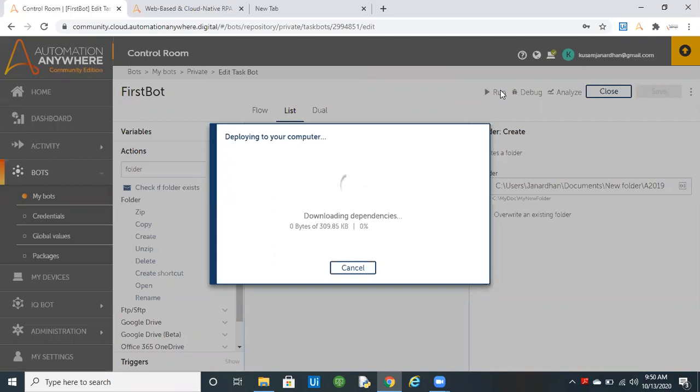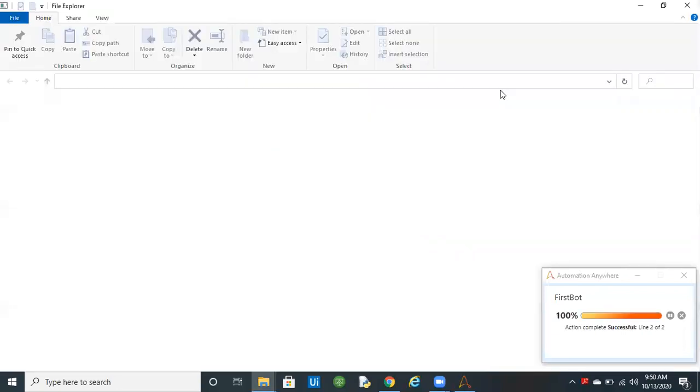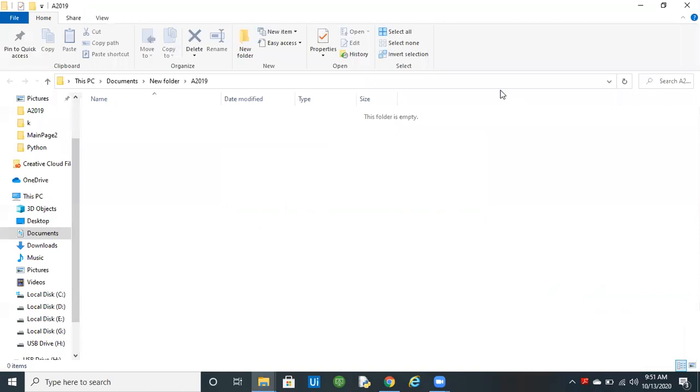Now it is downloading the dependencies. In the next step we will see how to zip a folder and how to unzip. Yes, it has opened the 2019 folder.